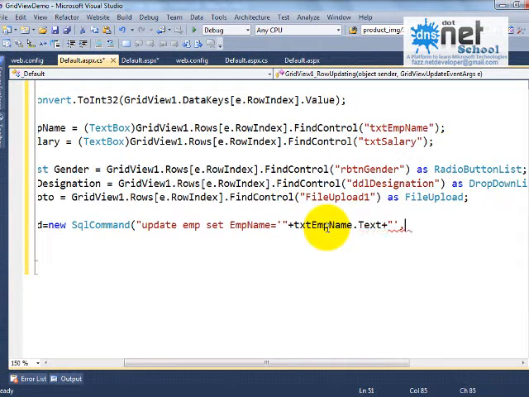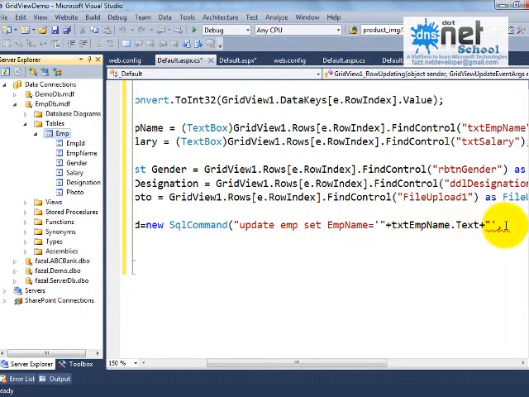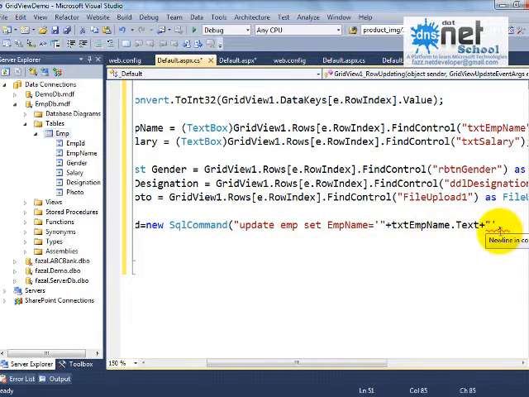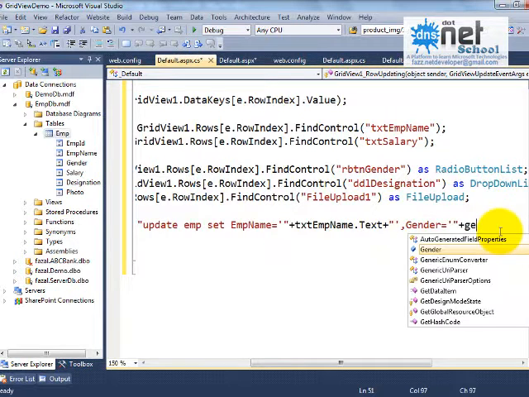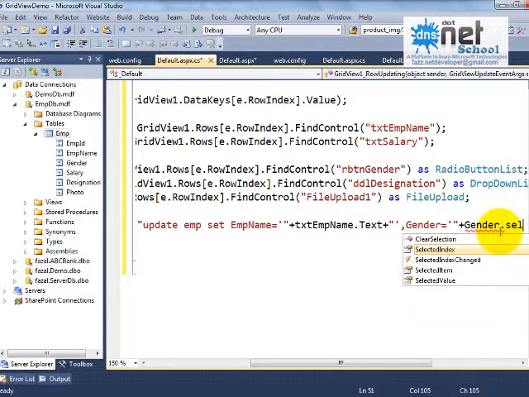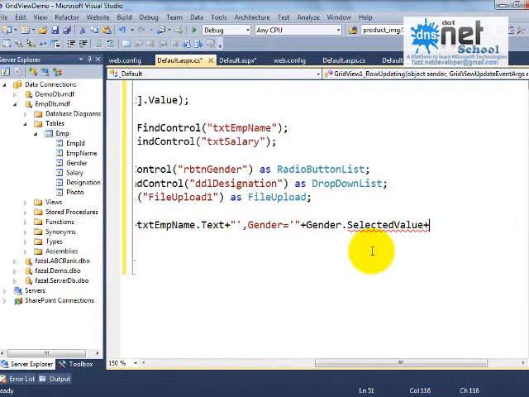Next, gender is equals to single double plus gender, the reference we have created, dot SelectedValue, which will return string only, plus double single comma.